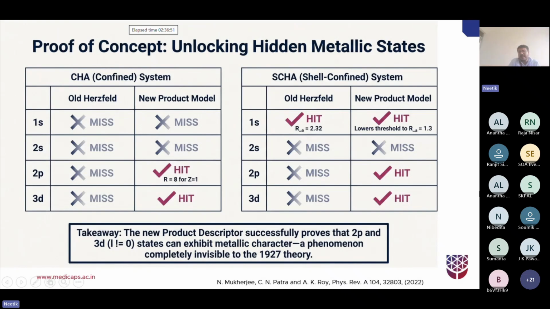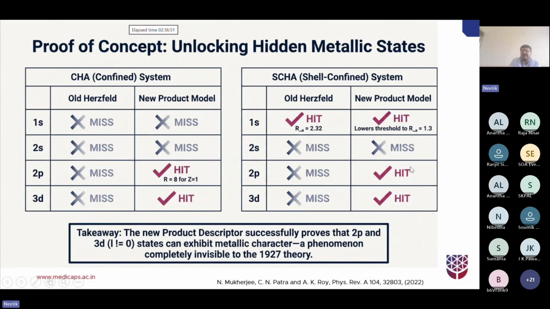Now, when we modify the cases, several hits arise. In one state we have seen it, but for two states there are no such cases. But even in higher states like 2p and 3d, the old Herzfeld criterion was unable to explain the metallization in the shell confined condition. Here we found that hidden